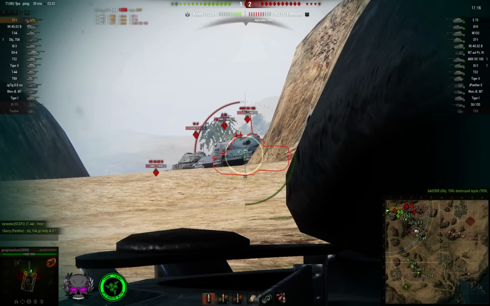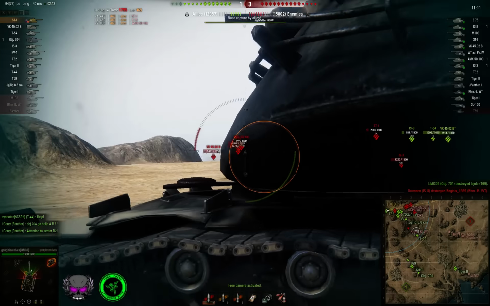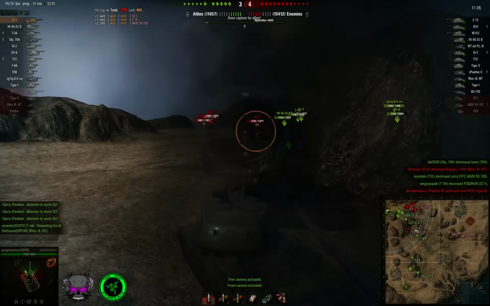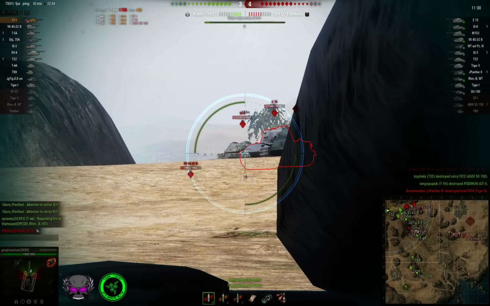And as I'm just standing here side scraping and dealing damage, the Borzik thought it was smart to go out over there, but he figured out it wasn't, I guess. The T-32 is still behind me. I wanted to take out the STI there, but he just died. So I go back to my side scrape and